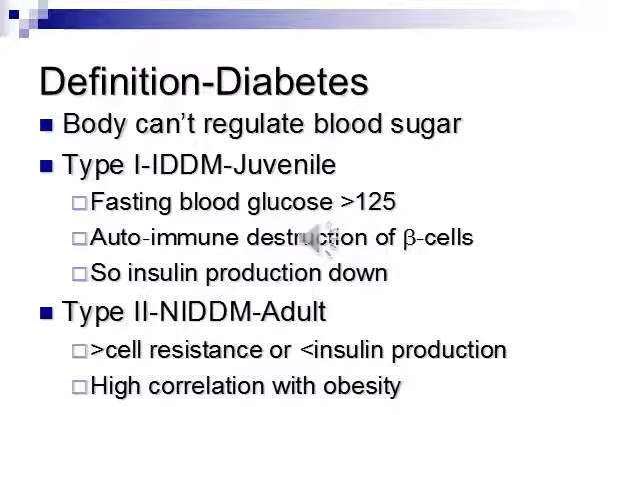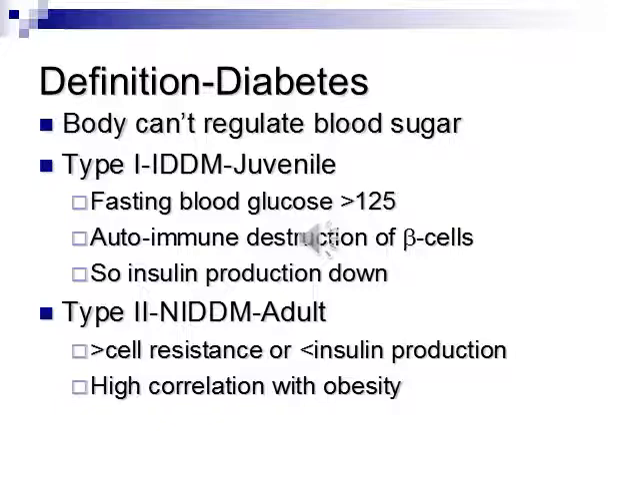This is a condition where the body does not produce insulin, or starts to not produce insulin. They believe it's due to autoimmune destruction of the beta cells in the pancreas. Typically what you'll see are individuals who have very high fasting blood glucose levels. So type 1 involves the non-production of insulin,